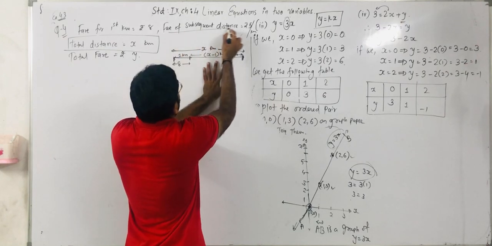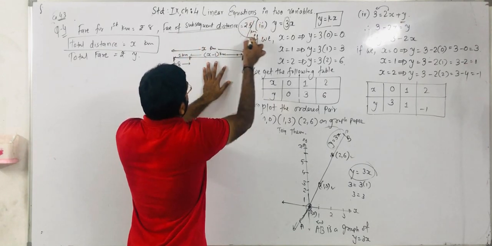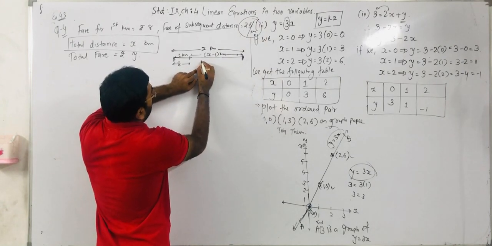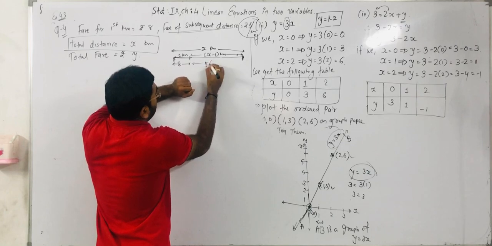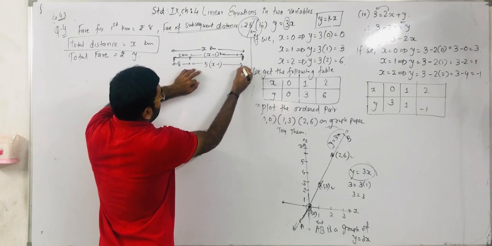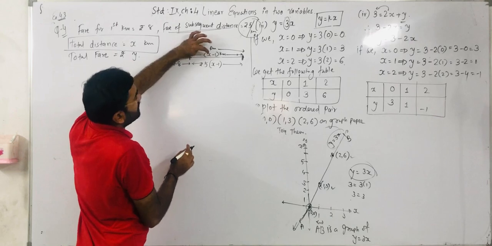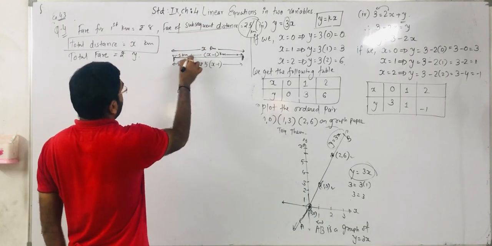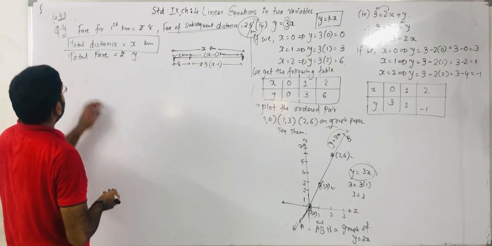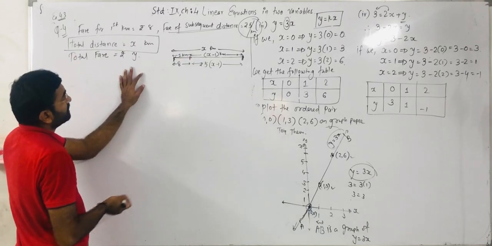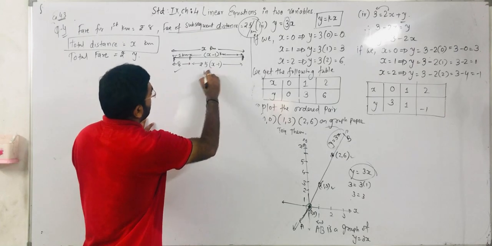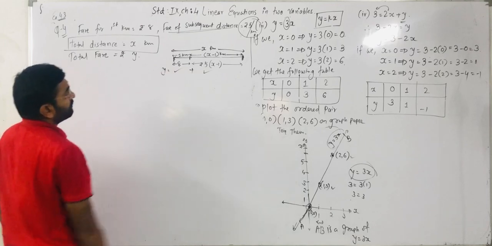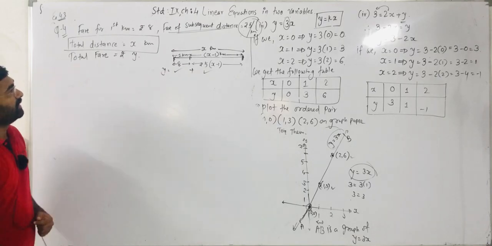So how can we define its fare? As per the question, the fare of subsequent distance, the per kilometer charge, is 5 rupees. So we can say x minus 1 kilometer charge is 5 times x minus 1 rupees. That is the rupees we require for the subsequent x minus 1 kilometer, and this is the charge for the first kilometer. Now, as per the question, total fare means first kilometer charge as well as remaining distance charge. If you add them, you get the total fare, right? So that way we have to define it.